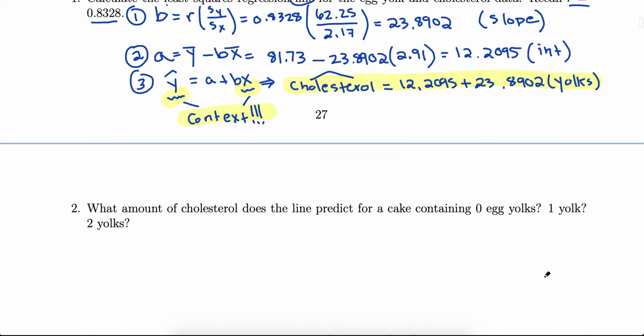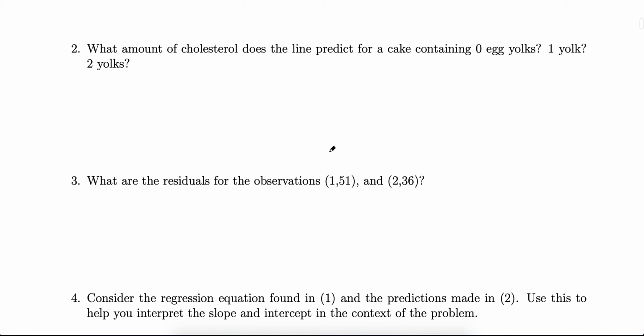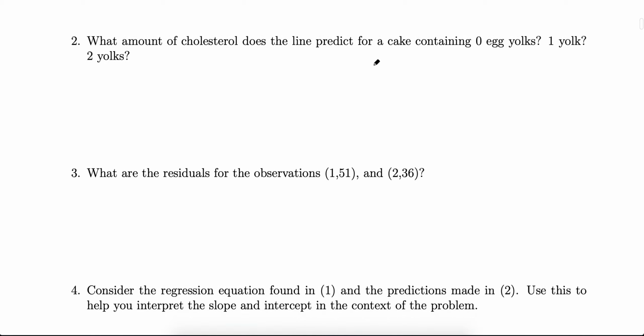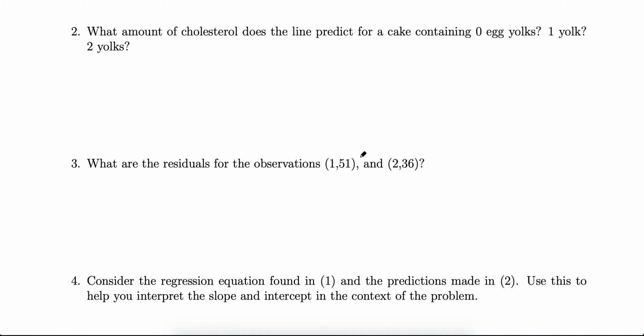All right, let's try some more digging into this problem. And maybe I'll jot down the equation here next for some reference. So just to use our line, if we want to use our line to make a prediction, all we need to do is plug in the x values of interest. So we'll make 3 different predictions here. So the first one is interested in when x is 0 egg yolks, the predicted amount of cholesterol